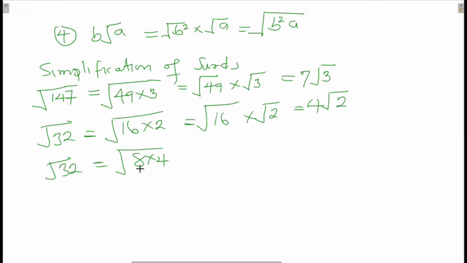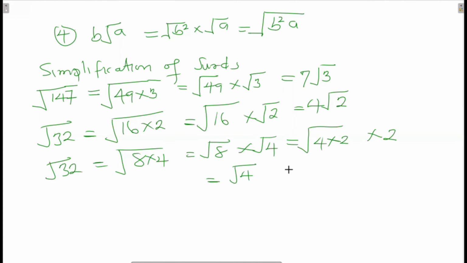because we can still break 8 down. That means I'm saying root 8 times root 4. So this one can still be broken down to root 4 times 2. And don't forget, root 4 is 2. So this also can still be broken down as root 4 times root 2 times 2. So root 4 is 2, times 2, 4. We still come back to 4 root 2, but the process is done,